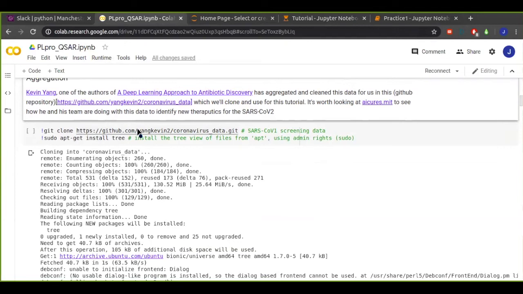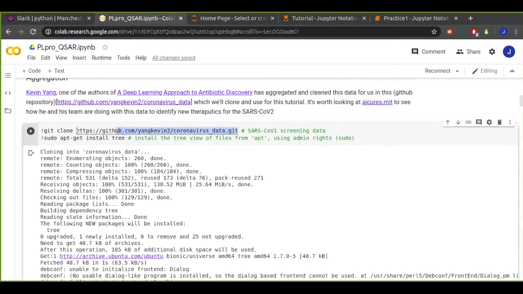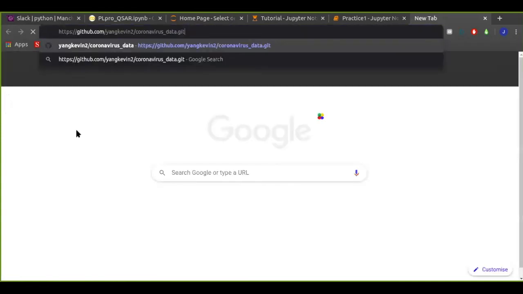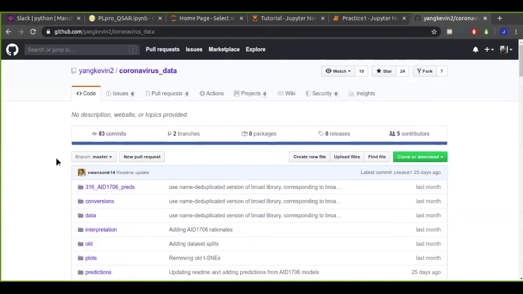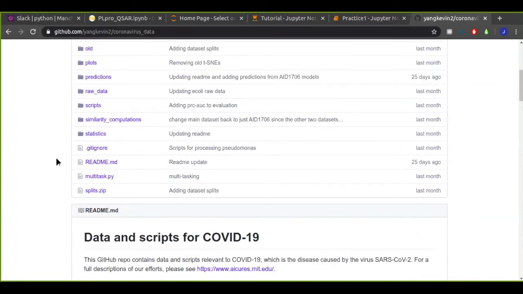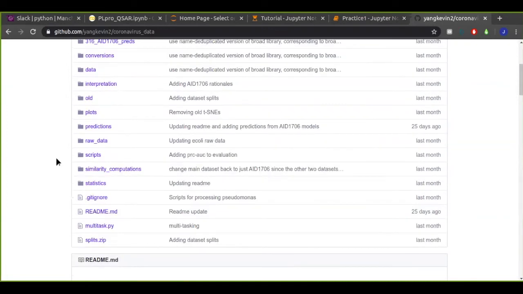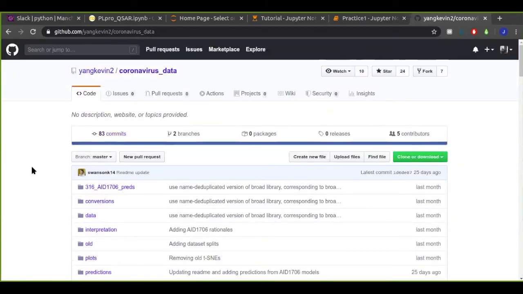Okay, so I didn't actually cover cloning in my local notebook because I'd already cloned the repository. But in order to clone, you need the link to the page on GitHub. What is cloning? It is basically making a copy of the entire file system that they post up here into whatever directory you specify. And if you don't specify that directory, then it will be from wherever you ran the command from. So this is the repository that we're cloning.